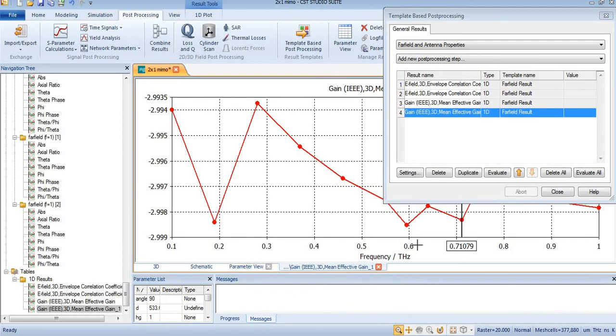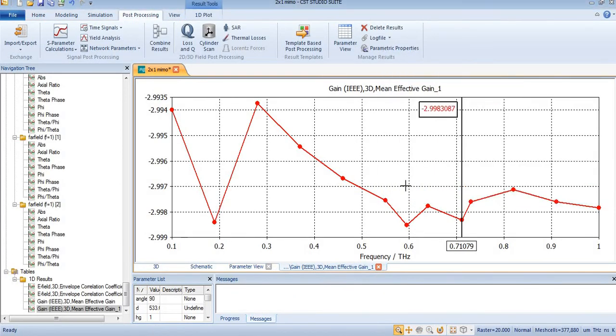So here you can see our mean effective gain is calculated, and at 0.71 this value is equal to minus 2.995 or 8, whatever you say, and at this frequency this value is equal to almost minus 2.998, and here